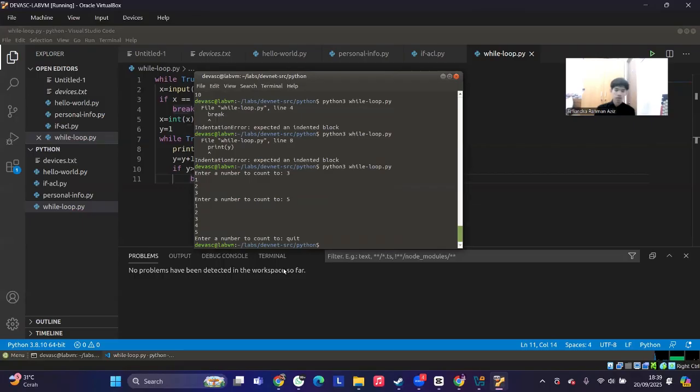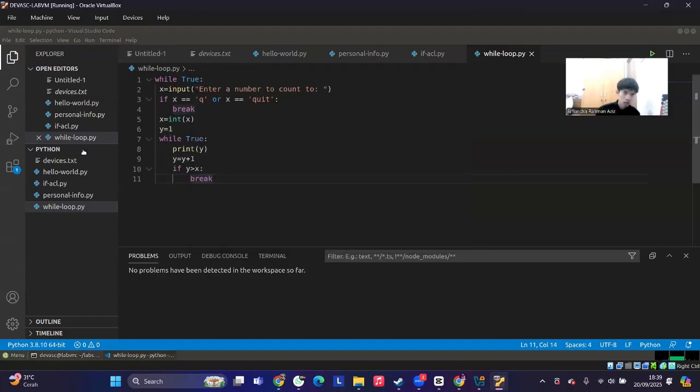Okay, for the next is to review the method for file access. I will create a program that reads an external file. So we create a new file called devices.txt.